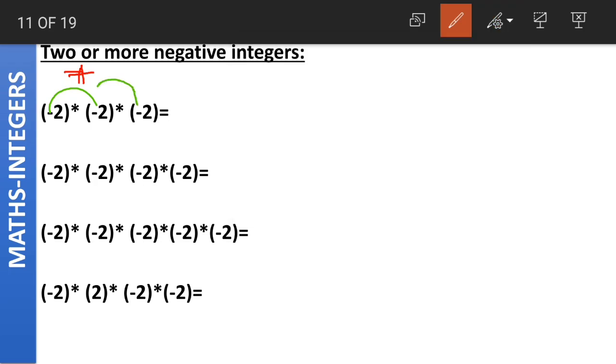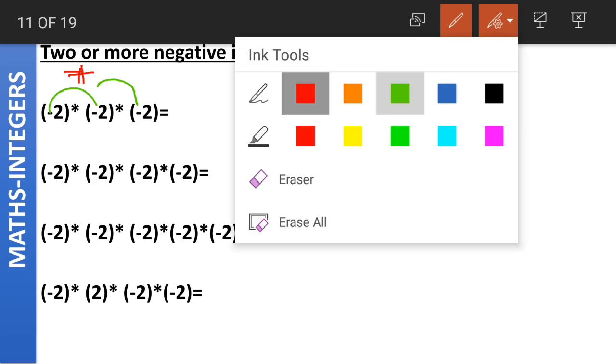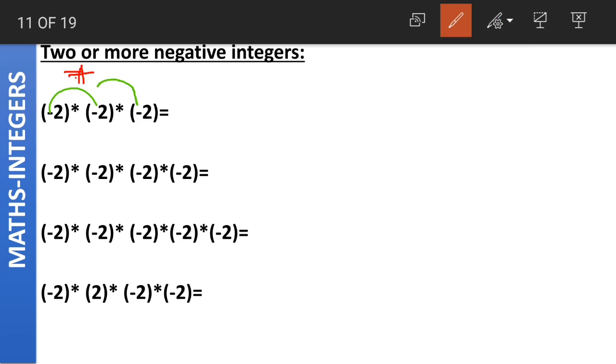Now this plus into minus. Now both the numbers are having different signs. One is plus and other is minus. So the answer will be negative. So the final answer here will be negative. Coming to the absolute values, 2 into 2 into 2 is equal to 8. 2 2s are 4 and 4 2s are 8. Is this clear? What did we do? First we multiplied the signs of first two numbers and then we multiplied the resulting sign with the last number.